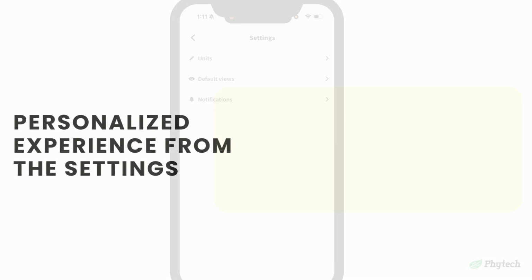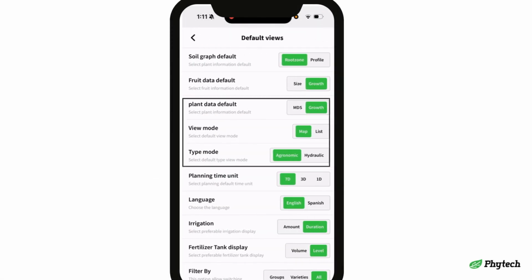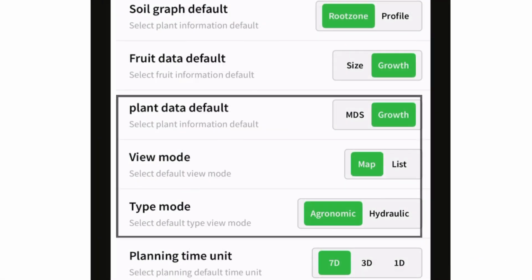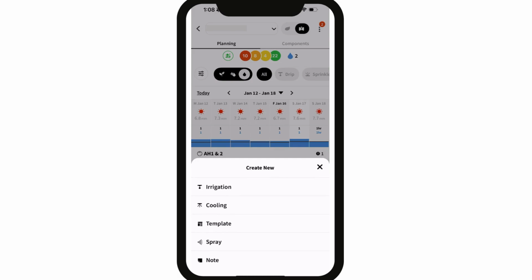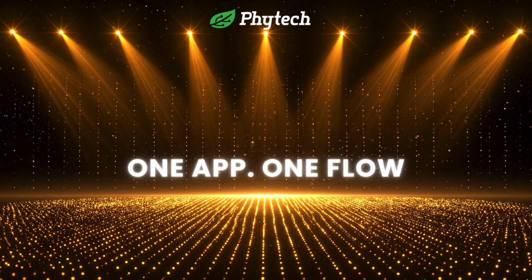For example, if a user prefers the planner mode and wants to access it quickly, they can set the view mode to list and the type to hydraulic. Now, every time they open the Phytech application, they will have this list with planning capabilities without having to go through the agronomic maps. Those are the main